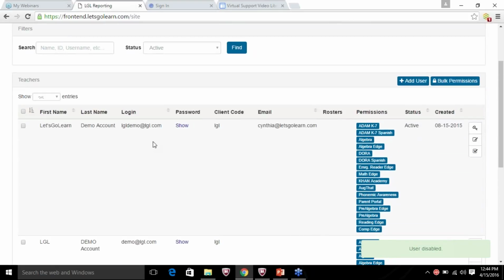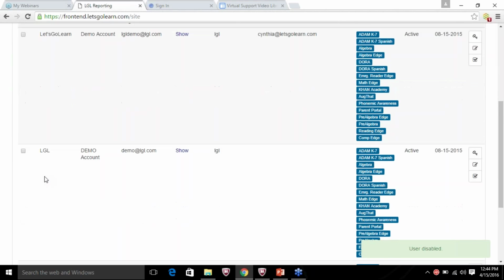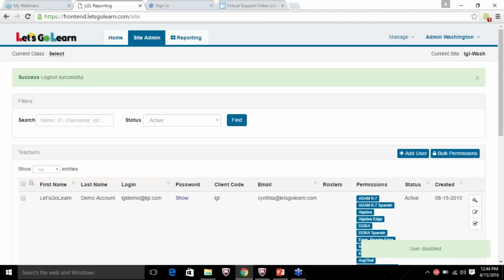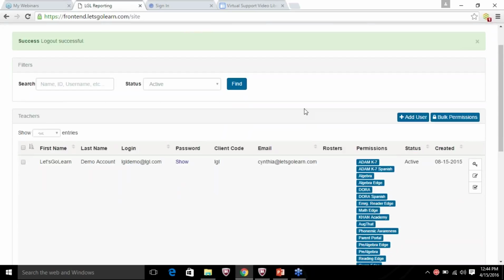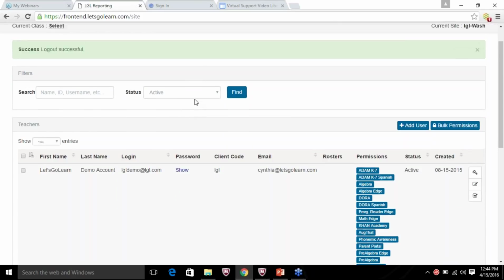So now I'm on that main page, and here's all my teachers listed, and I do not see Midge anymore because she has been deactivated. Now, sometimes, maybe she was on maternity leave, or for whatever reason, you have other teachers returning or perhaps moving to another school in your district. You can actually find those deactivated teachers and reinstate them.